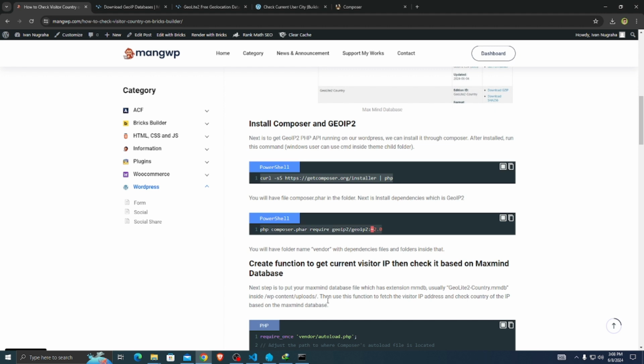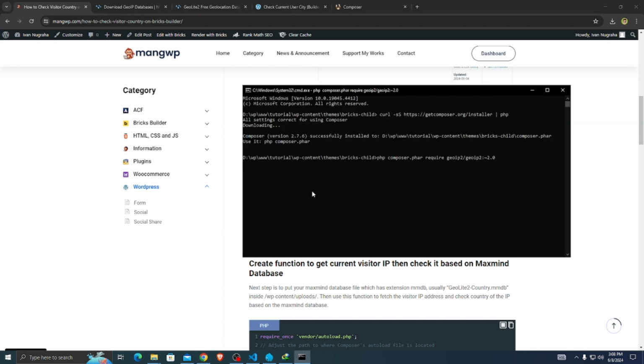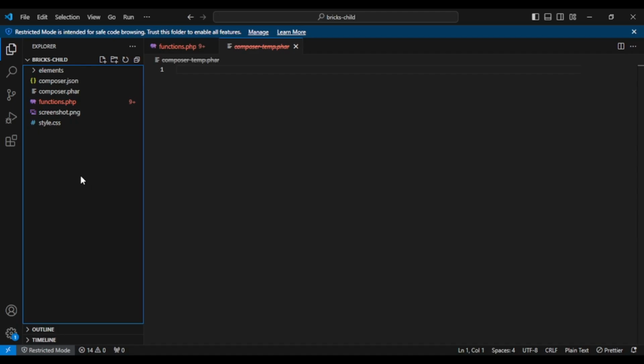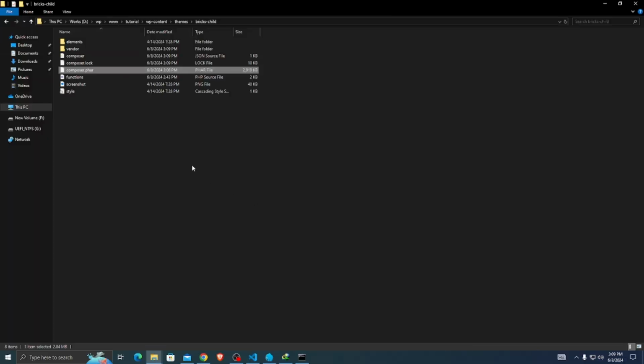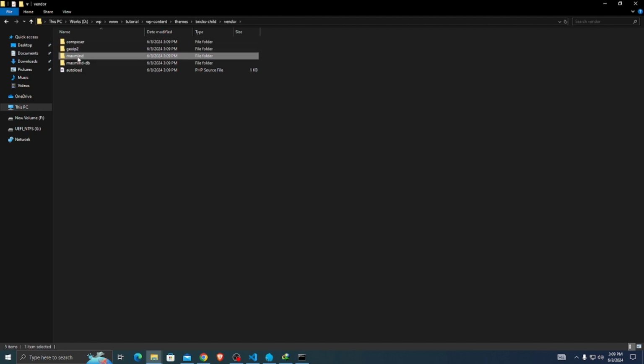So just copy this and put it here. I think it's already done. Let's take a look at our theme child folder. There are new files now, the composer.lock, composer.json, and we have a vendor folder which contains the GeoIP MaxMind